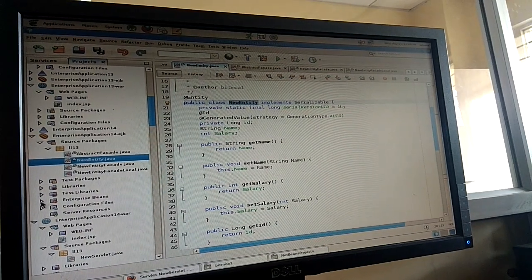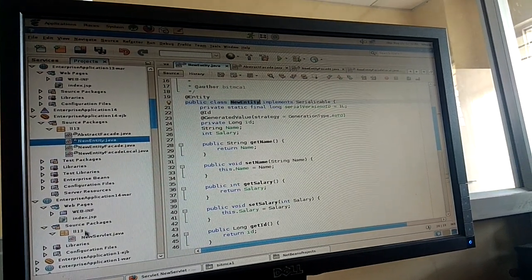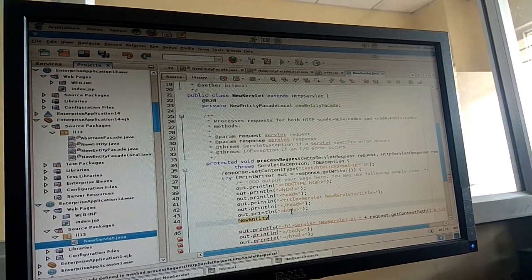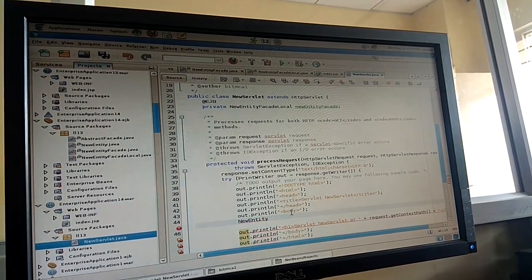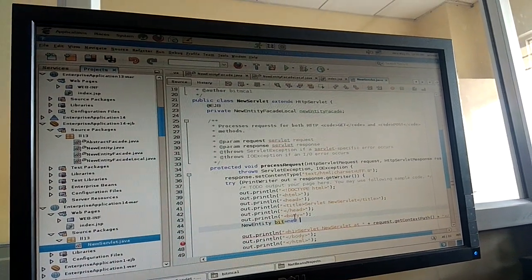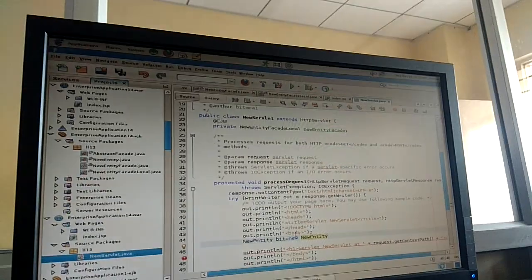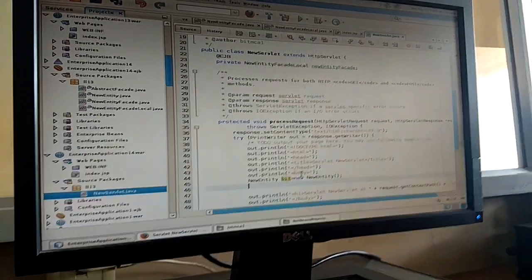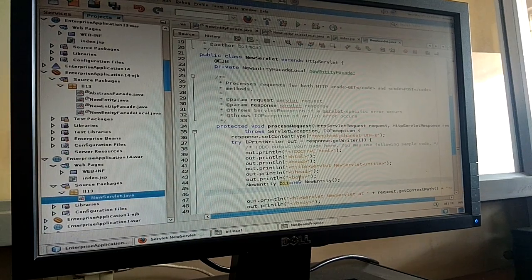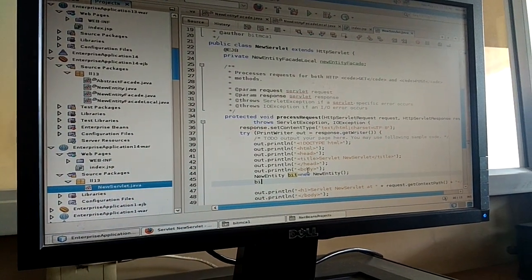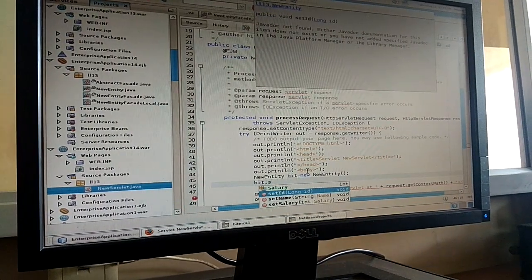Create an object for this inside the new servlet we have created right now. Give your new entity class name. I will give BIT as the object name, and new entity as the class. Create an object for this. Once we have created the object, I need to set the values for name and salary there. BIT dot set name,